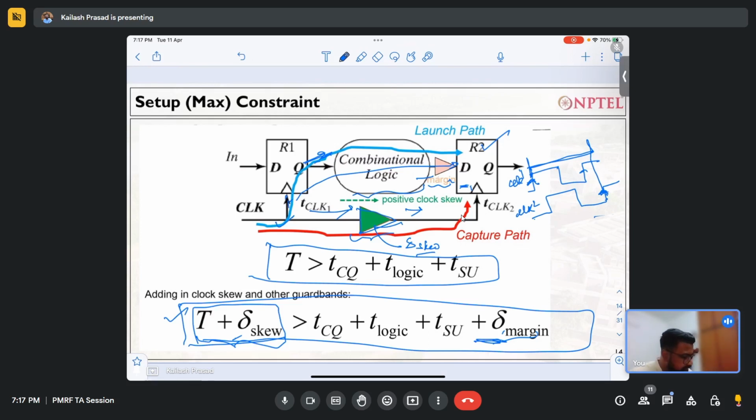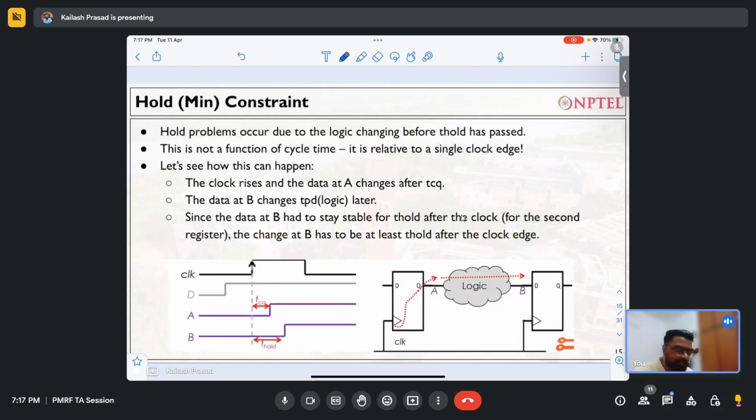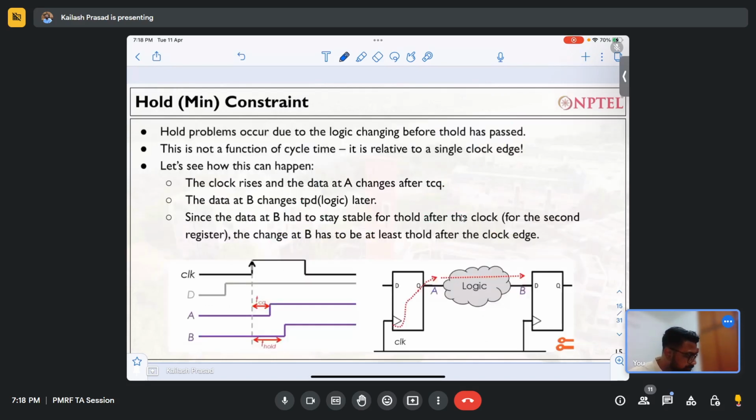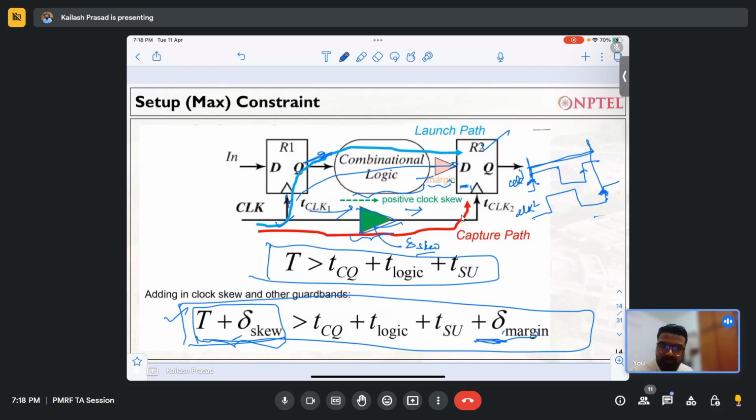Okay, so now moving to the next part, which is hold or the minimum time constraint, right? If you see over here what I have said in the minimum time, your data path is so fast that the data is changing in the hold time itself. Okay, and one thing you need to understand, and these are very important things I am talking about here,